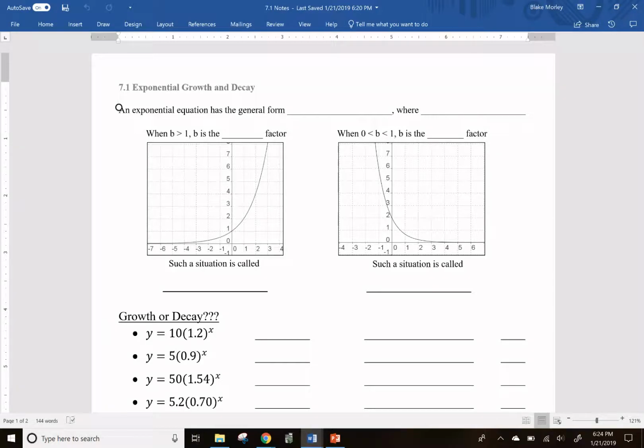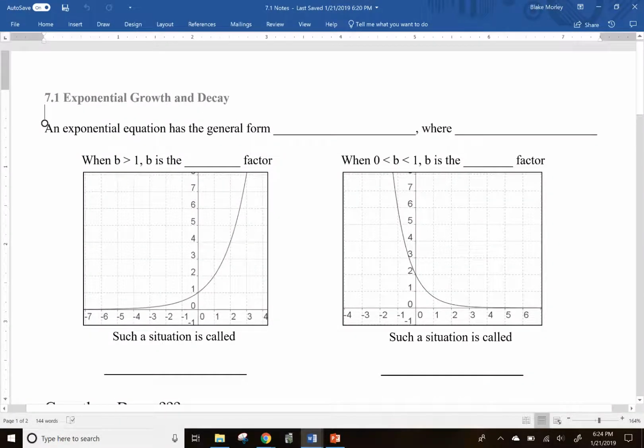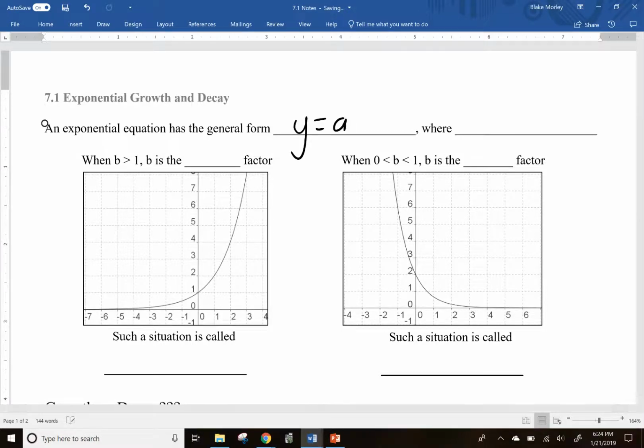So let's get started. An exponential equation has the general form, and it's this. General form, here we go. y equals a b to the x power. A, b, and x are just numbers, well, x and y are both variables, but you have some number a times some number b to the